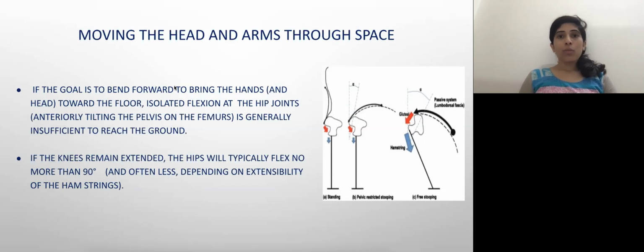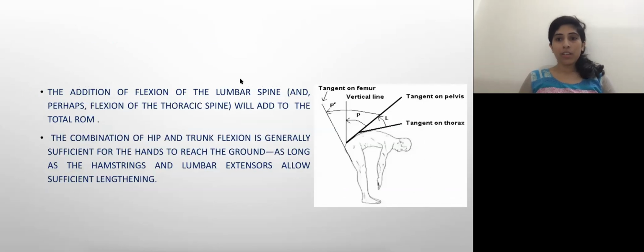So to move in the forward direction, along with the knee, hip and ankle, we require the lumbar and the thoracic spine to move in the forward direction. So in this open kinematic chain exercise, along with the hip, knee, and ankle motion, lumbar and thoracic motions are required. Correct? Here in this example, you can see how the person is bending. So he requires the lumbar and thoracic area, hip flexion, knee extension, and ankle dorsiflexion.